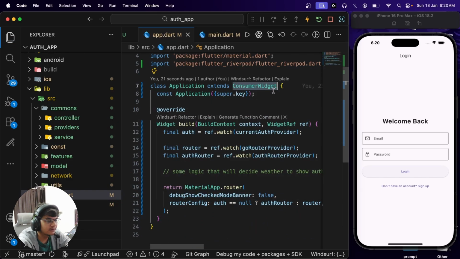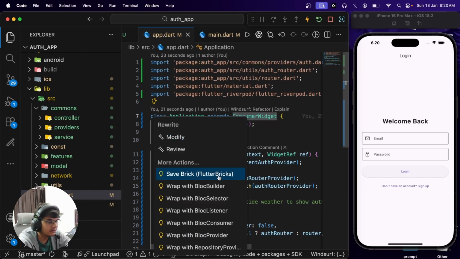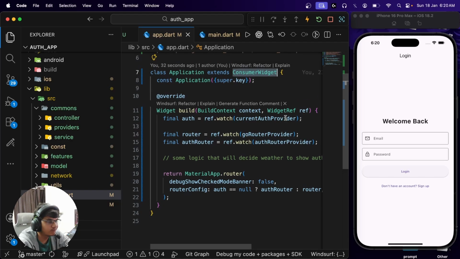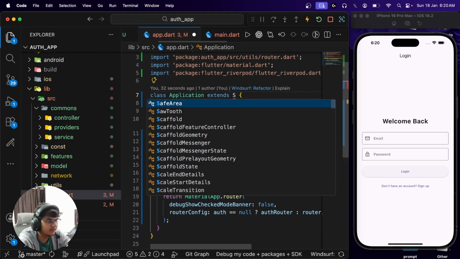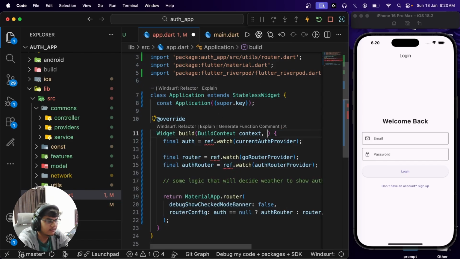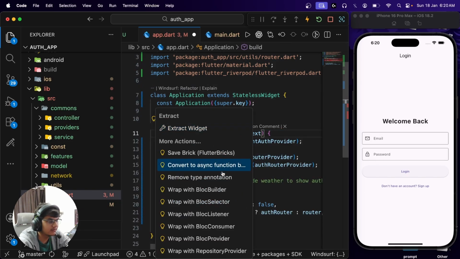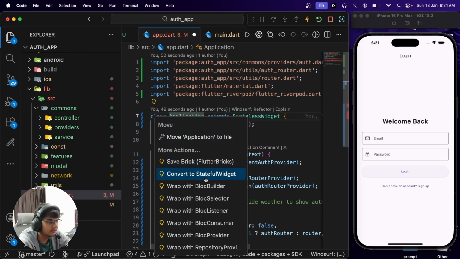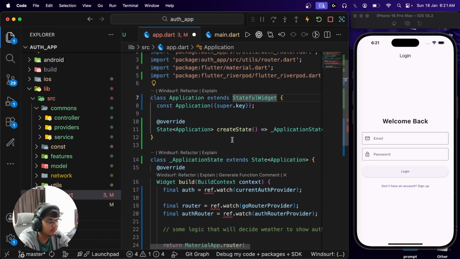Right. So how do we do that? Can we convert this to a stateful widget? Don't think so. Let's do this. Let's convert this to stateless widget again. We'll remove this. We will convert to... Okay, we don't see that option. Okay, there we go. We can now convert to stateful widget,